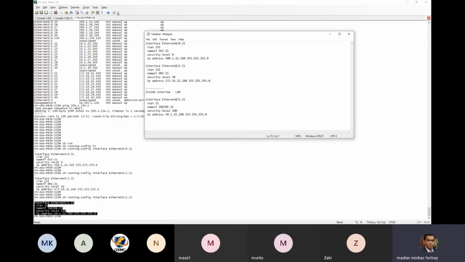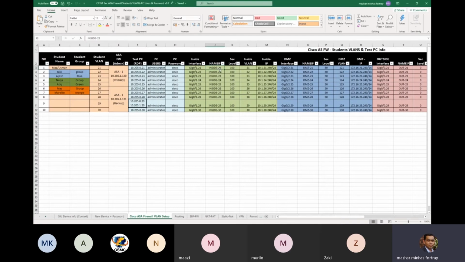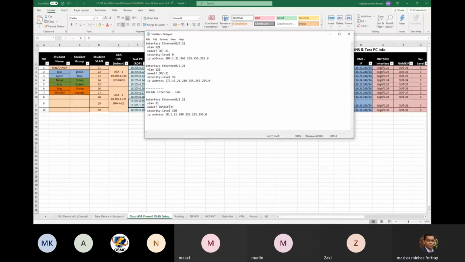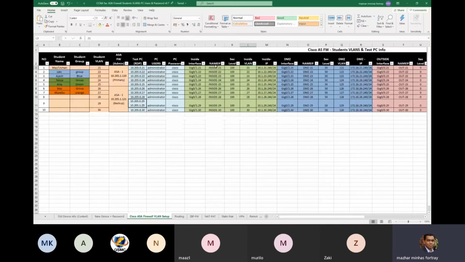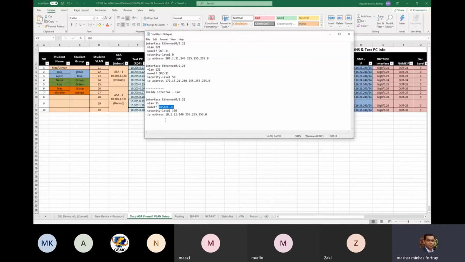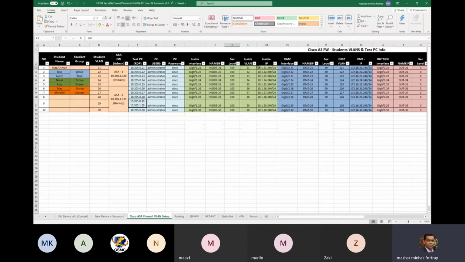What we have configured, we have configured the VLAN. If you verify the configuration on this interface, this is VLAN 21. Then we have the name assigned. Every interface has a name. With the nameif command, you need to assign the name, then you assign the security level, and then you assign the IP address. So from the spreadsheet, this is the config.